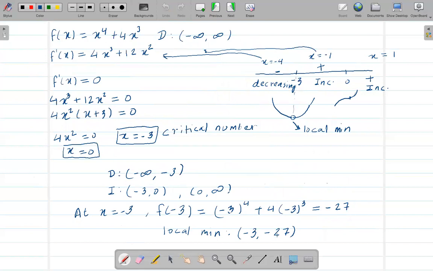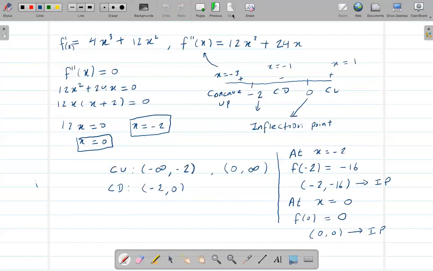We found the local minimum point, we know this point. We found the inflection point. So we have like two, three points. And if you wish, you can also get more points, making